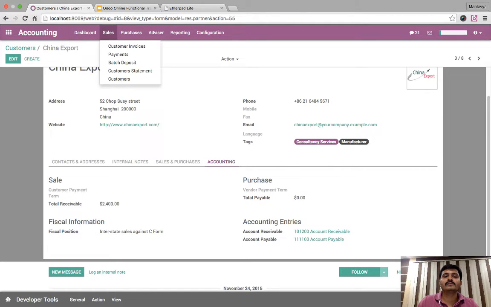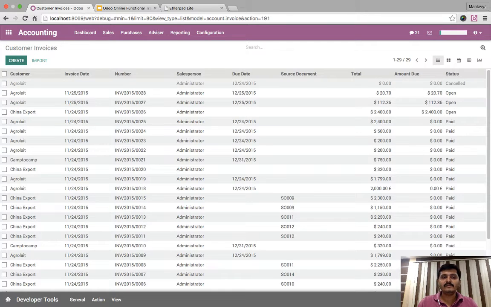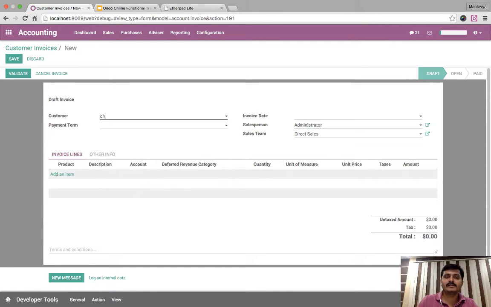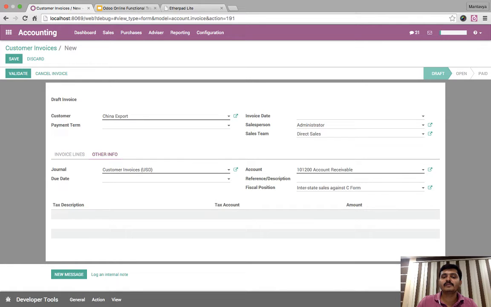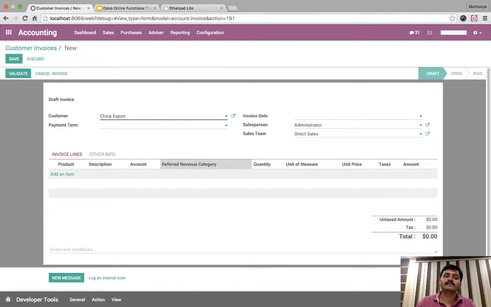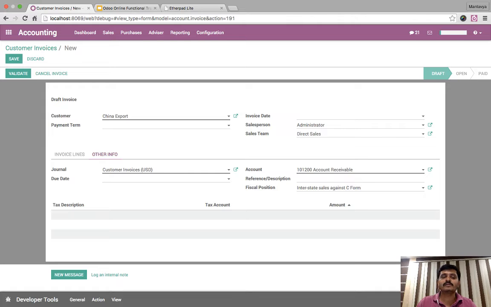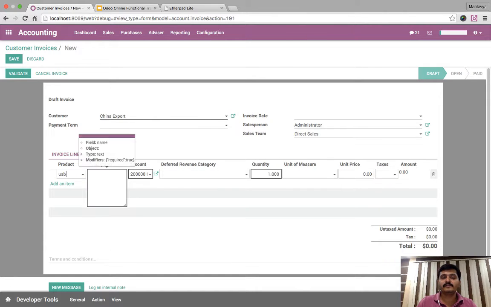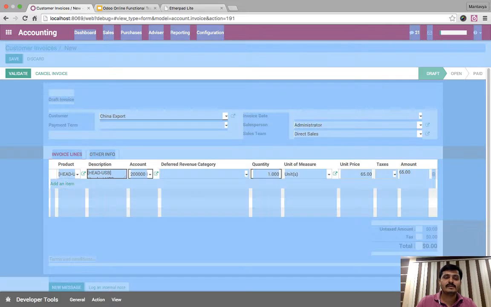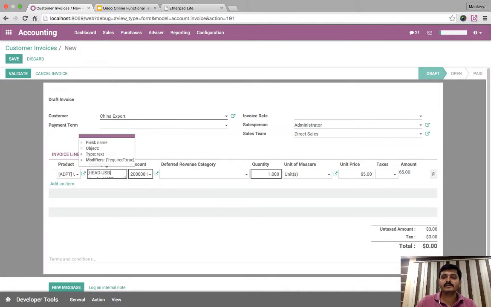Save. So let's go to customer invoice. Let's create new, and I have a China export. So you will get a physical position selected automatically here. You can even change that manually, only for this invoice. If you say that I will not give C form, you have to remove this, and then on the invoice line we will apply a normal tax. But say if you have a special tax which is 2% against C form, then we will select this, which is by default, and let's say USB, no, not this one, USB adapter, and wow,